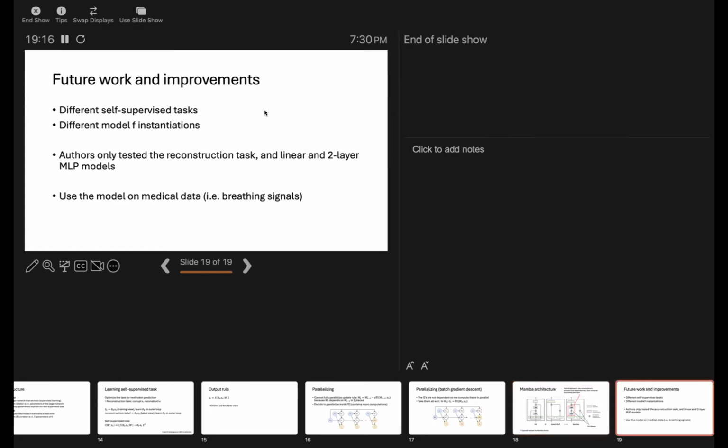So what I was doing was testing different instantiations of this inner model F. The authors only implemented a linear model and a two-layer MLP. My thought was that if we could increase the complexity by doing a quadratic model or some larger polynomial, or just increase the number of layers of the MLP, say 3 through 5. The drawback here, we don't know what the actual results would say yet, but